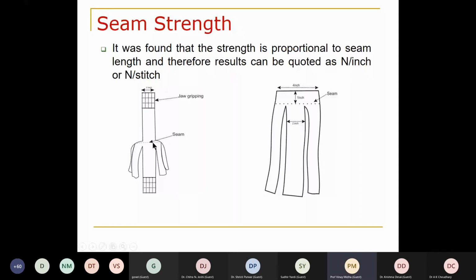Normally, for fabric testing also, we do the same thing. We test it maybe as a strip testing in 25 millimeters, but later on we can multiply it by 40, and we can quote the value as the strength per meter. So that was not possible in case of the seam strength, which he invented by cutting and testing in this way. Now, the strength of the seam can also be quoted in terms of the length of the seam or the width of the test.